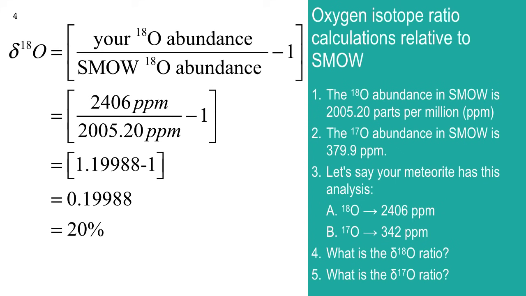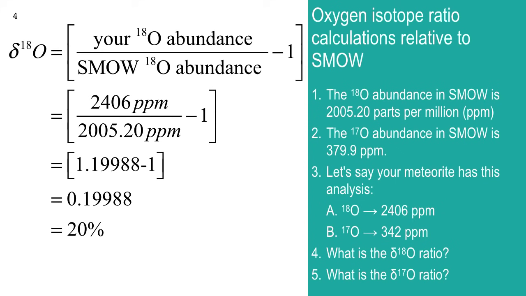So, another question. Yes. So, this final answer, 20%. How would you say that in relation to the entire calculation? Is it 20% more than the abundance? Yeah, what you would say is, you don't say it's 20% SMOW, because that's not what you've got. You've got a ratio, 20%,